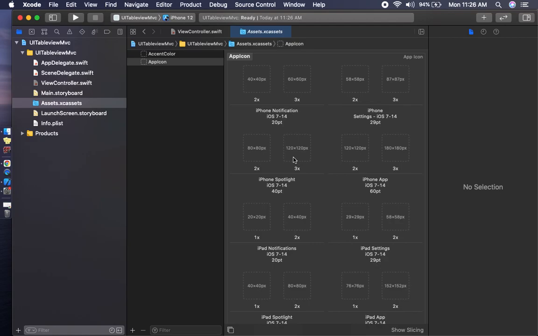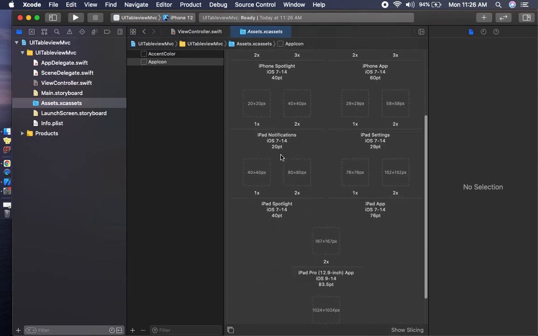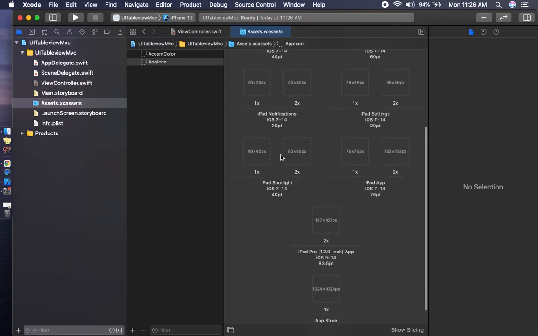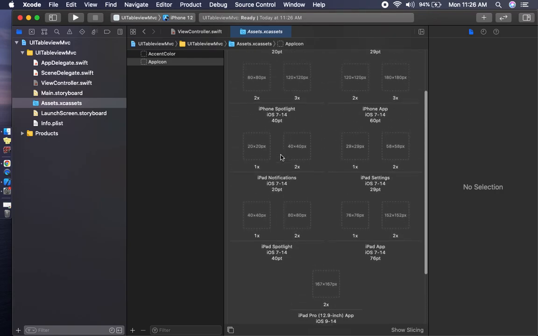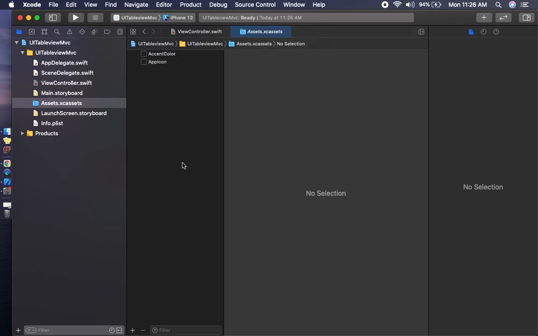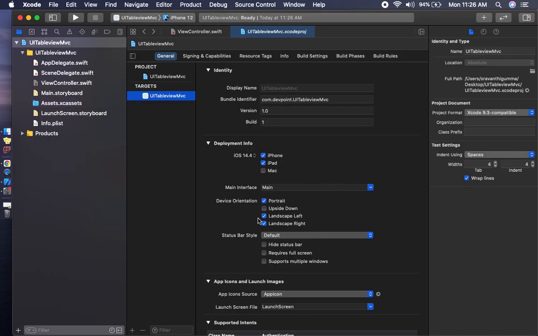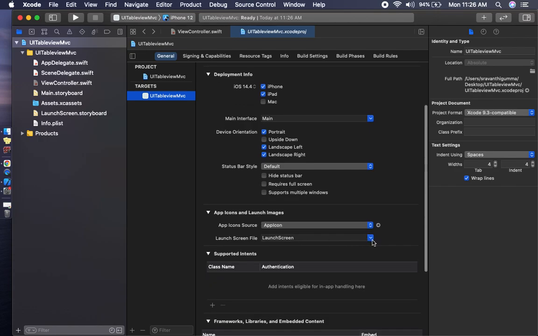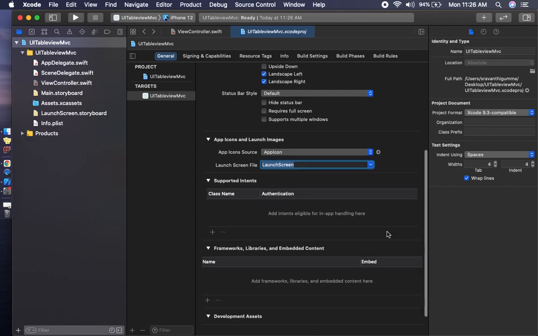Sorry friends. In this app icon we have to give the sizes of our app icon for different images, different for iPhone, iPad and so on. And for the launch screen we have to give the launch image also.